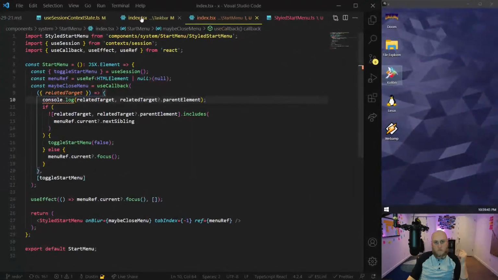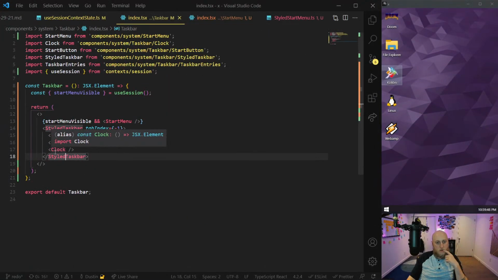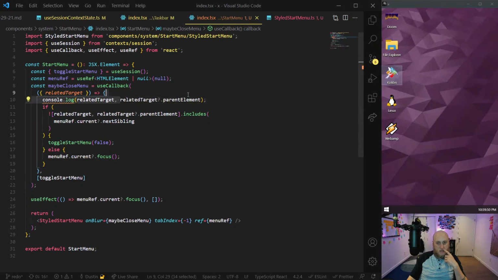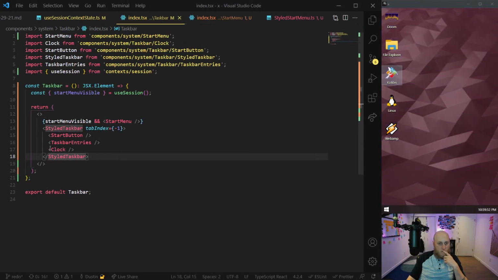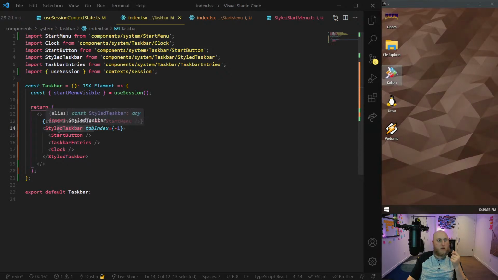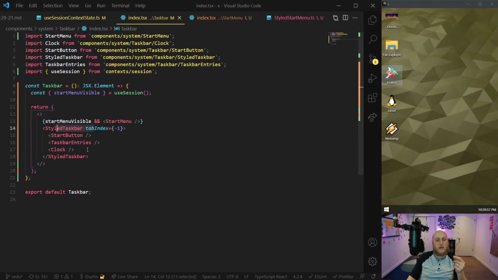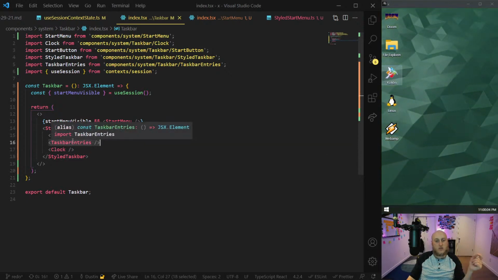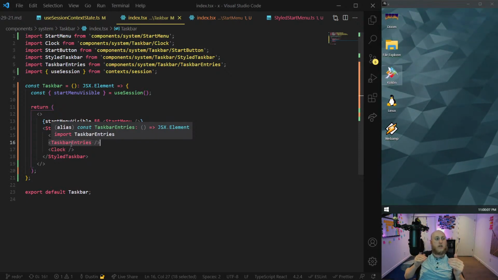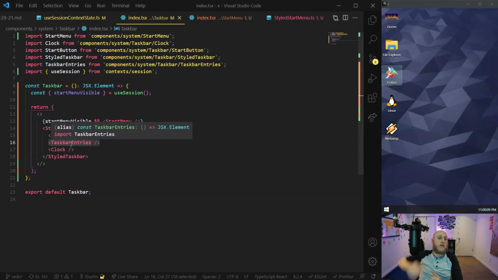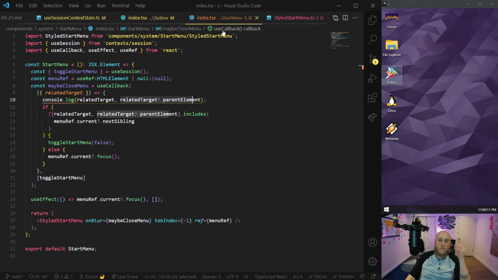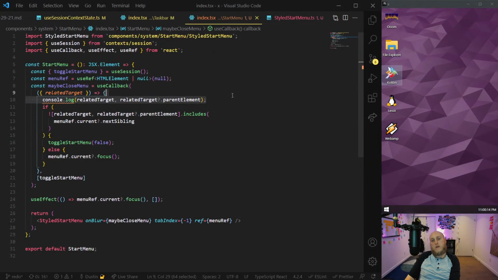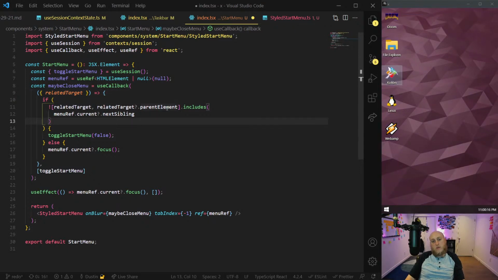So yeah, my concern was the structure here, because I was checking the target's parent, and I was worried that if this was the target, then that would be its parent, and it wouldn't have done what I expected. But this is untargetable, so this becomes the target, and it works. And in this case, you can't really click the entries, because the entries have their own object, which is targetable, and then its parent is not this. So it works.